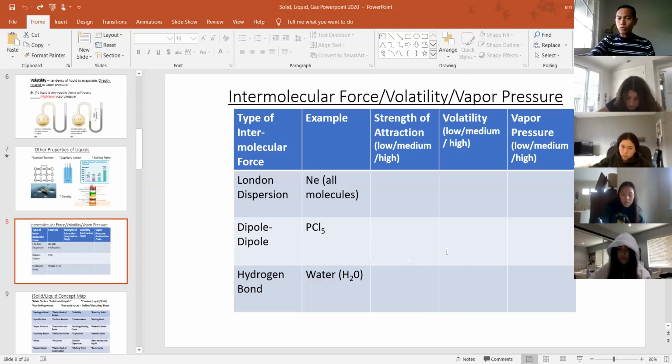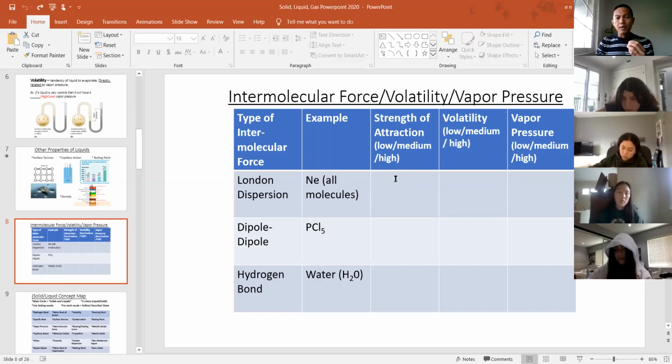But what I'll do is I'll go through each one. So on the left side, we have three of our main types of intermolecular force. And then the second column are examples that go with it. Remember that London dispersion is the weakest. So in terms of the third column, strength of attraction, it would be considered the weakest intermolecular force